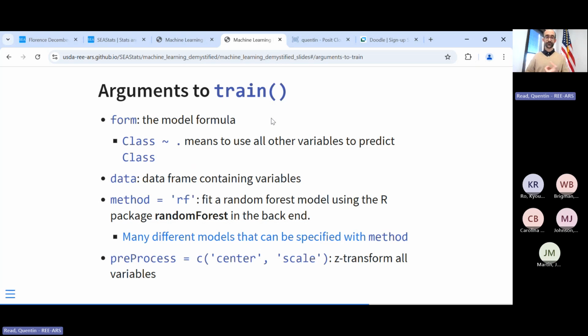That's the model formula. Class tilde dot. So that means in our data set we have one column called class. The other columns are all the numerical measurements. And this is a shortcut. This dot means use all the other columns in the data set to predict the class. It's not 34 anymore because we got rid of some correlated variables, but any other column in the data set is used in the model. The data argument is the name of the data frame with the data in it. We're going to use the training data. And method equals rf is